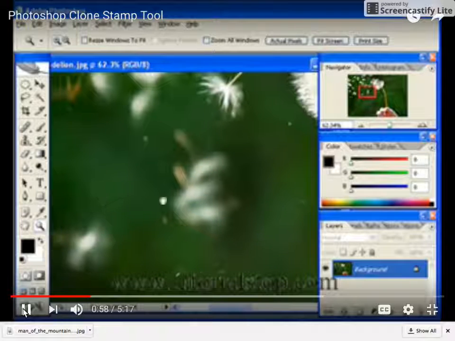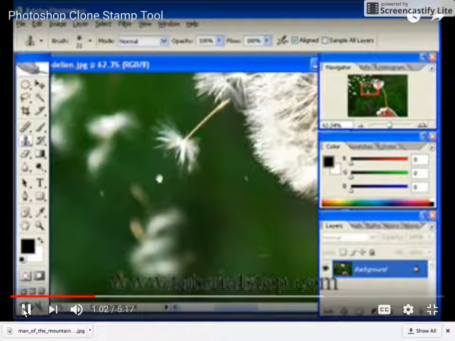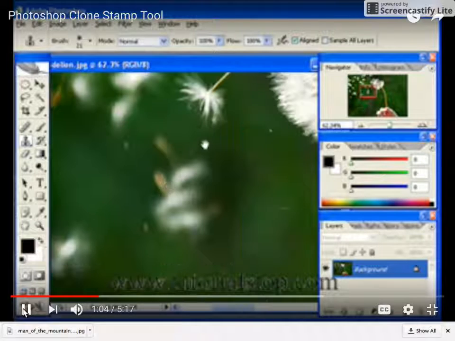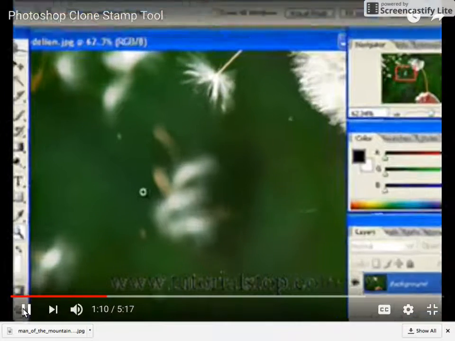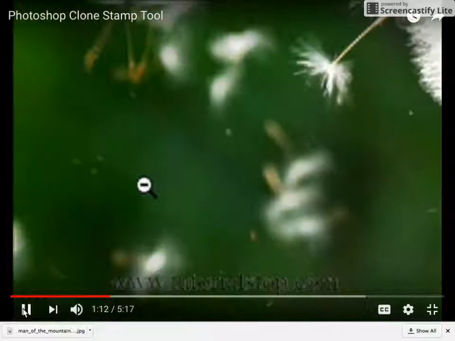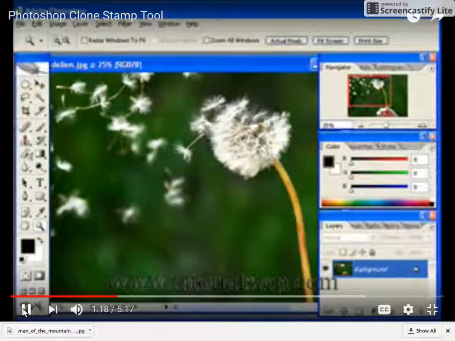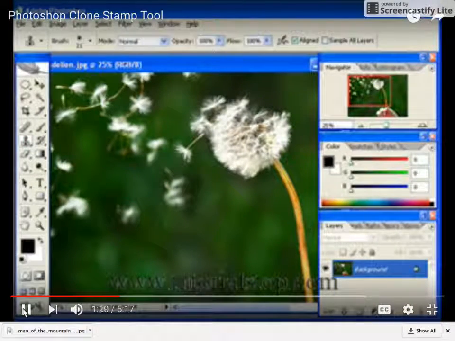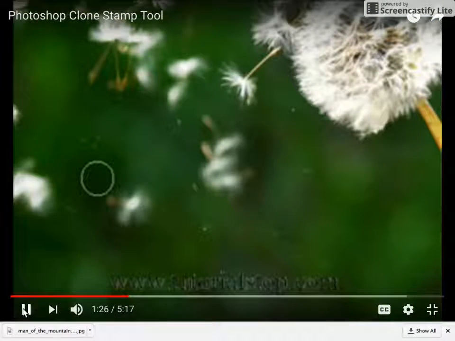So space bar, move around, and if I had the clone stamp tool and held down my space bar and let go, notice it just goes back to the clone stamp tool. So let's see how this works. I'm going to get my zoom tool again, hold down my Alt key and click a few times. So what I'm going to do is get the clone stamp tool. I'm going to get a relatively big brush, and how I do that is